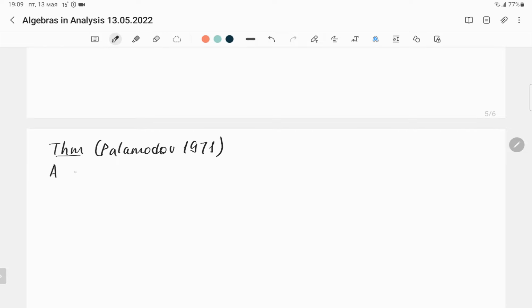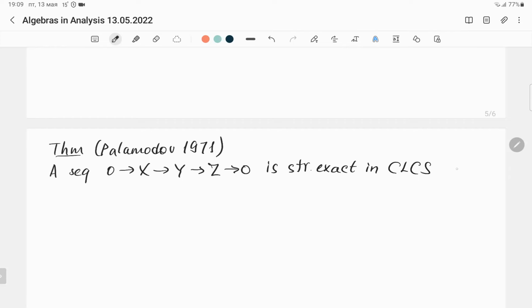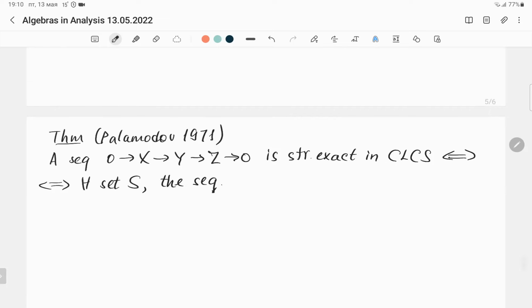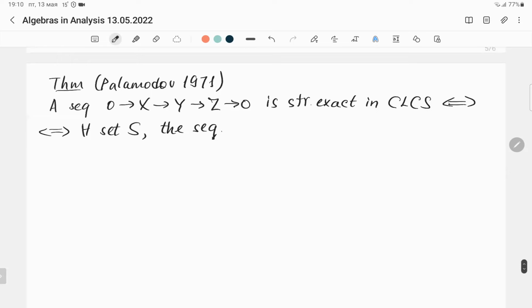If we have a short sequence of complete locally convex spaces, then it is strictly exact in the category of complete locally convex spaces if and only if for each set S, the following sequence of vector spaces is exact. So we just apply the functor